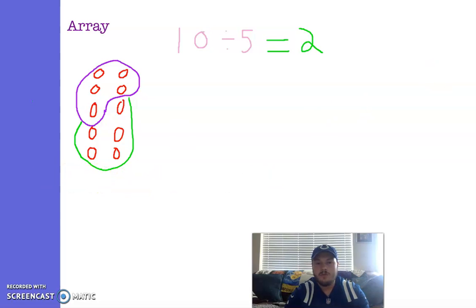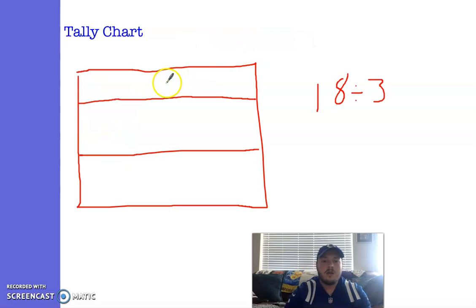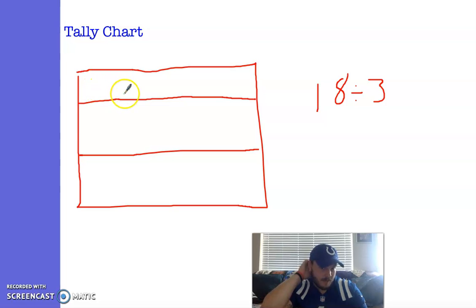Awesome. Let's keep moving on. The next way I'm going to show you is using a tally chart. When we're using a tally chart, that's kind of like putting them into equal groups. But what I'm going to do is break apart a box into our divisor, so whatever we're dividing by. And again, we're going to go through and make tally marks until we hit our dividend, so our total of